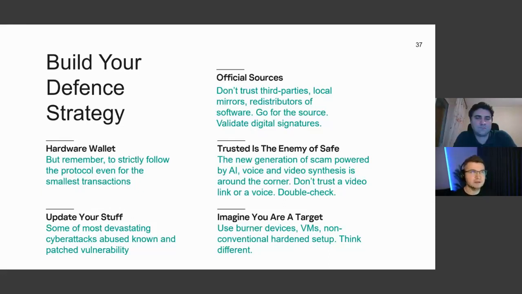When you live as if you are a target, it is very, very hard to get you. This is something that we embrace as security researchers. We often feel that we are being chased by the black hats, by all these APT groups that are trying to understand what we are researching at the moment. So we are targeted all the time, and this feeling brings us to elevated, at least, standards of security. Be a little bit like security researchers in this regard, and then stay safe. That's our best wish for all of you.